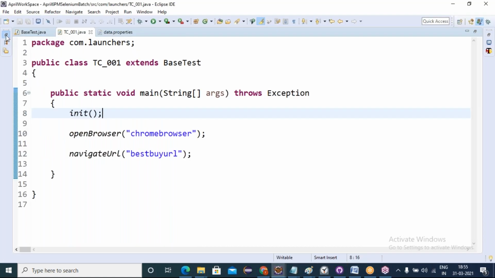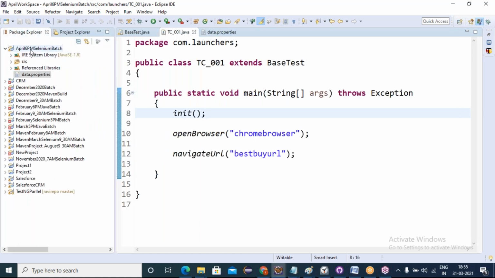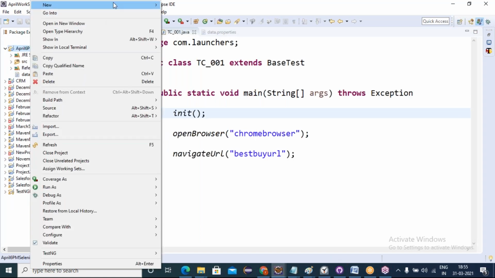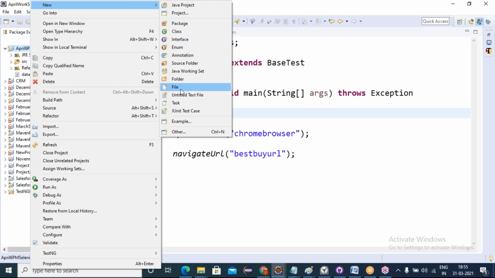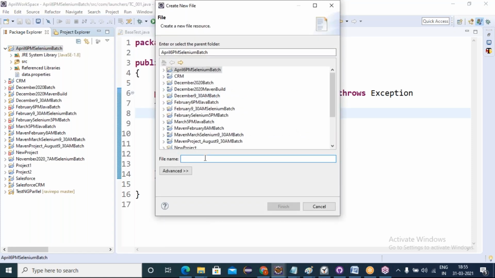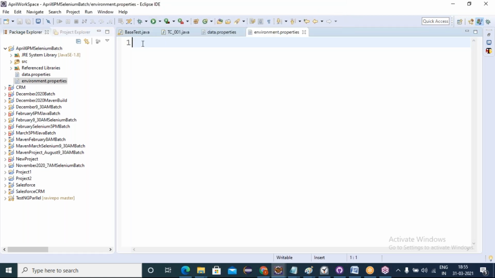Now what I will do is create one properties file as environment.properties. Click on finish. There you store the key-based value env equals prod, like this.